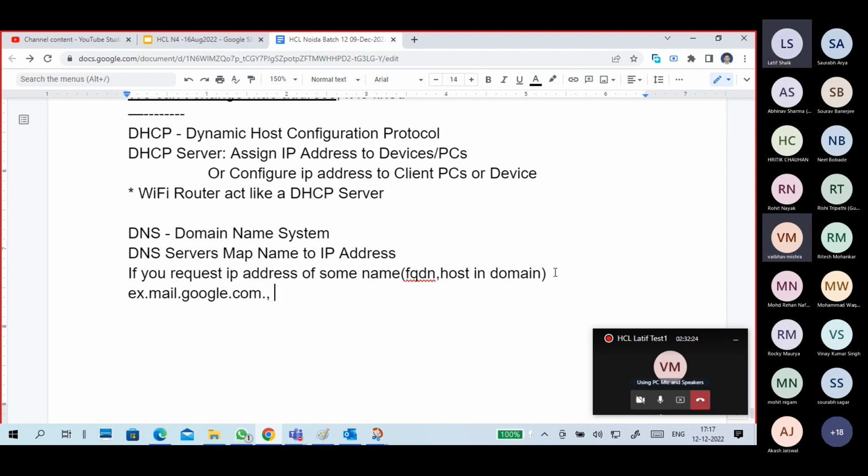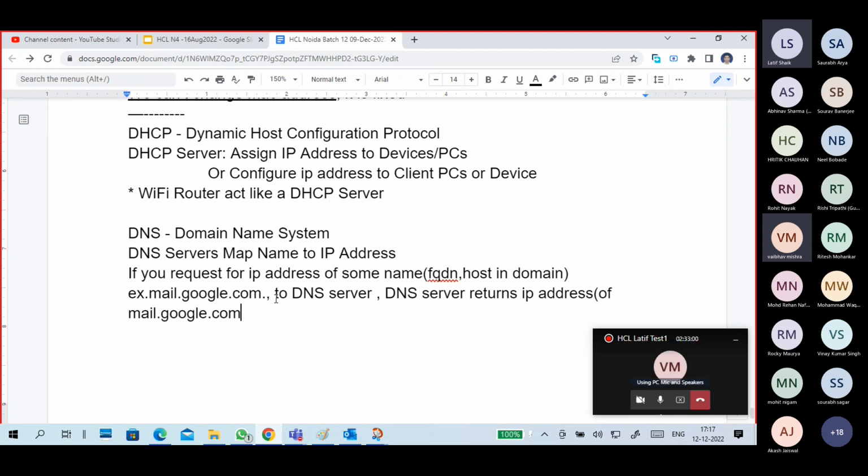So you send a request for the IP address of some name, like an FQDN, a host in the domain, for example mail.google.com, to the DNS server, and the DNS server returns the IP address of mail.google.com. Actually I have to tell IP address and MAC address, but I am also telling these services, guys,